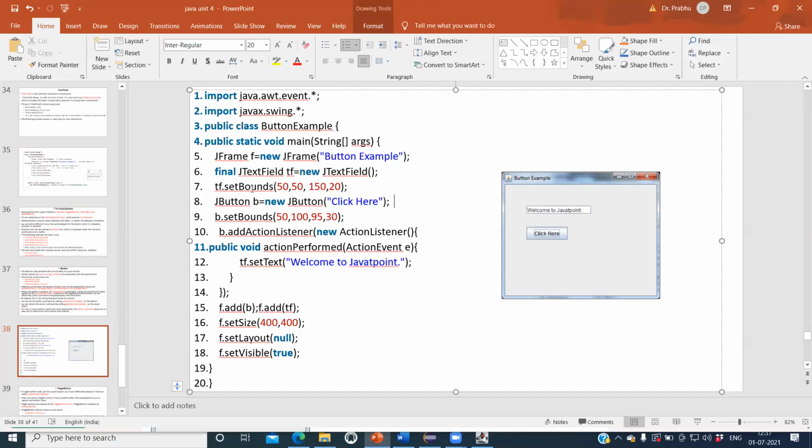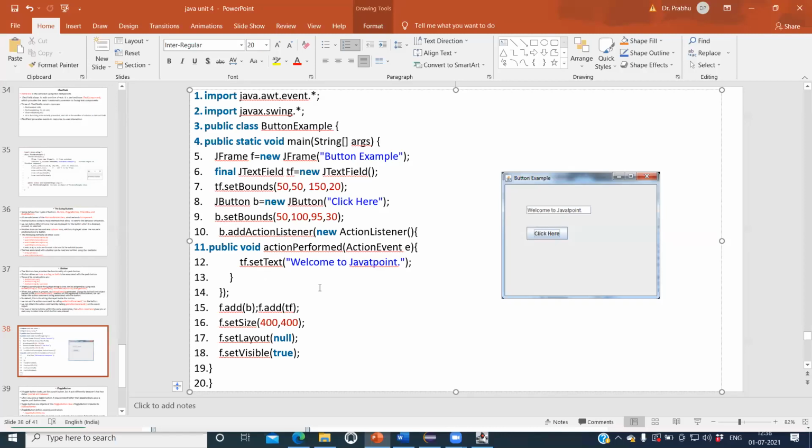Next, we are assigning the properties to the button. Next we add the action listener. This is the event handling mechanism. Whenever we press that button, this message must be printed in the text field, so we kept that inside the actionPerformed method.